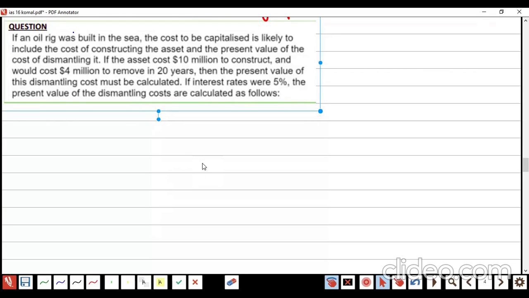If an oil rig was built on the seabed, the cost to be capitalized is likely to be the cost of constructing the asset and the present value of the cost of dismantling it. That's the rule which I just explained earlier, right? The next one is if an asset cost is this much,